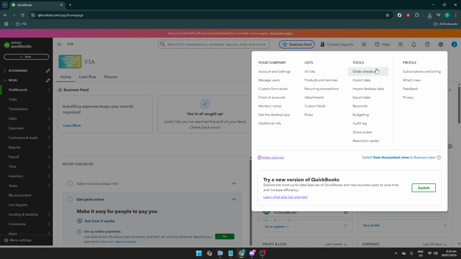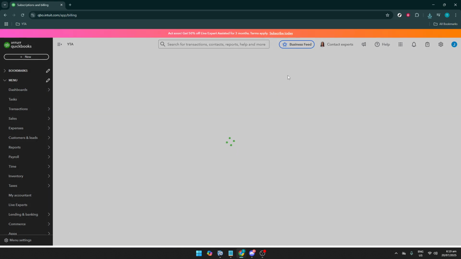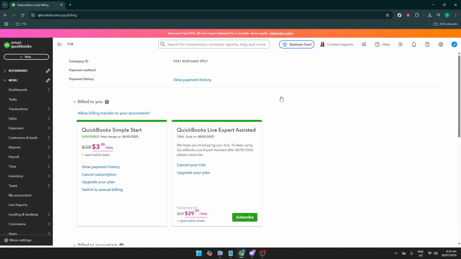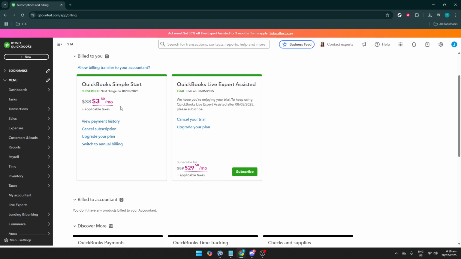After clicking Settings, navigate to the part of the menu labeled Subscriptions and Billing. This section is where all details regarding your plan and payment method are housed. Here you can always double-check what type of subscription you currently have, when your billing cycle begins, and what your plan includes. It's a handy section to get familiar with, especially if you intend on managing the financial aspects of